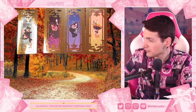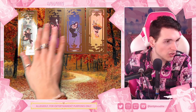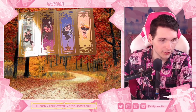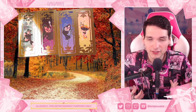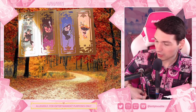Okay. Interesting. Let me make sure that this lighting is good. So, the green screen is kind of messing with this card. Okay, so the 7 of Cups is many outcomes. And for me, I actually see that as replacing someone. The 8 of Wands is...